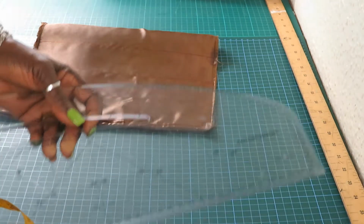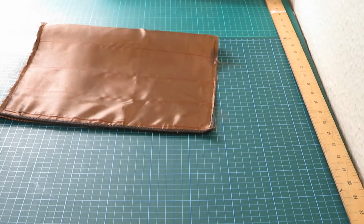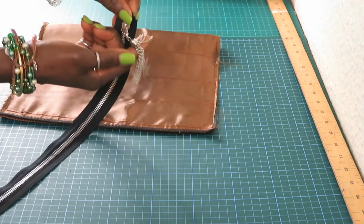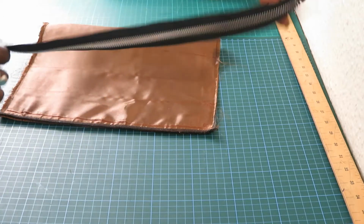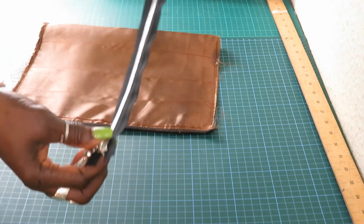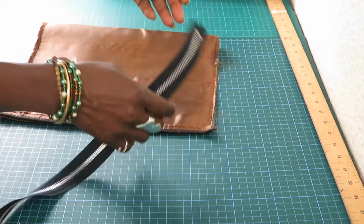And the zipper I'm going to be using is this zipper with this tassel right here. It's a bit long, but I will make it work. Alright, so